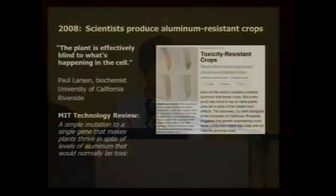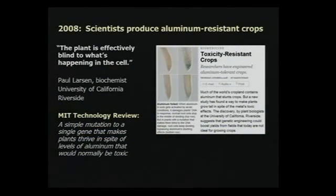reproduction. So this is a single gene mutation that inactivates a protein so that the plant continues to grow. The quote from this article is very interesting. The plant is effectively blind to what's happening in the cell. And that's from biochemist Paul Larson. The mutant plants can maintain high levels of growth in the presence of toxic levels of aluminum, even if they